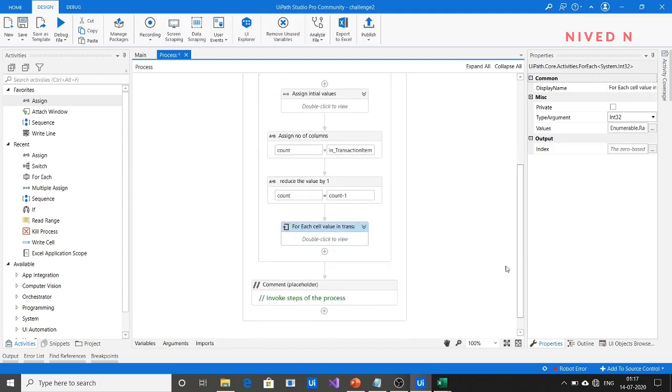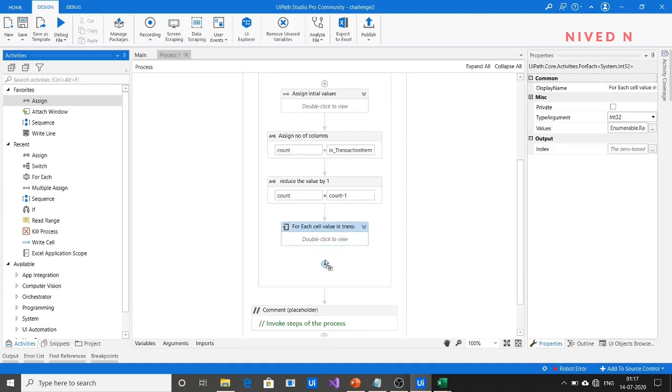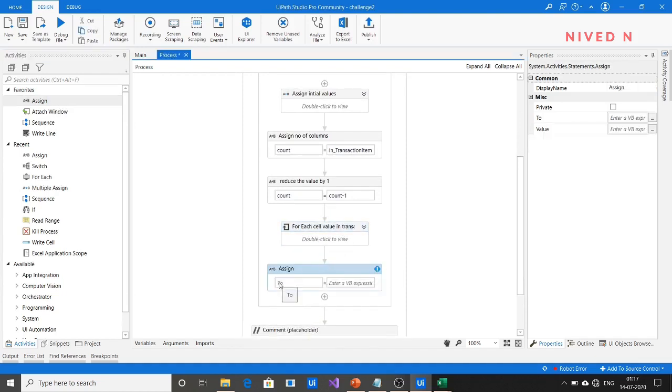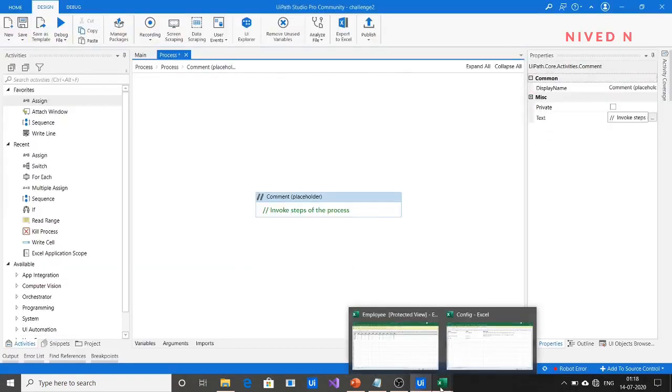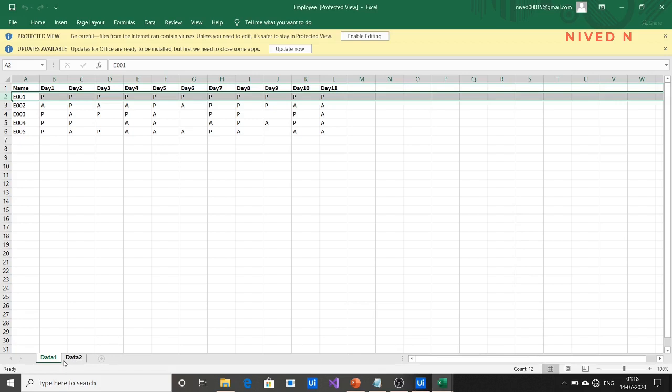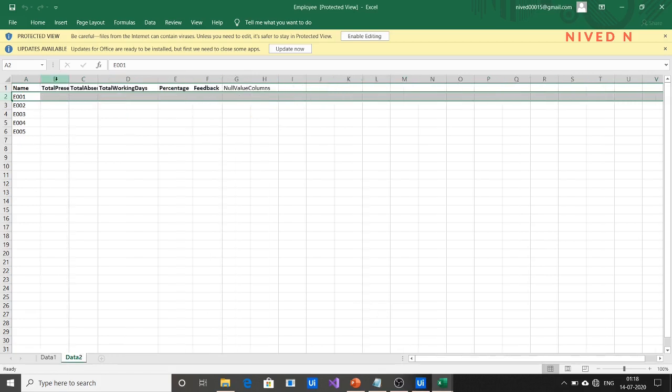So here you can also add another activity or another variable. If you go to the second data table, you want to enter total present, total absent, total working days, percentage, feedback, and null value columns. We already calculated total present, total absent and null value.